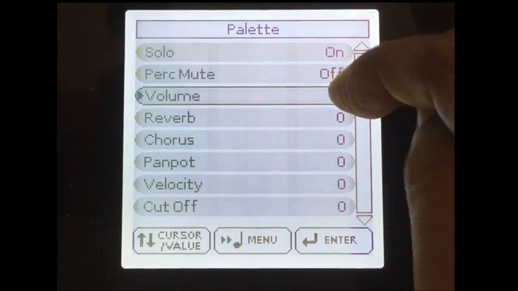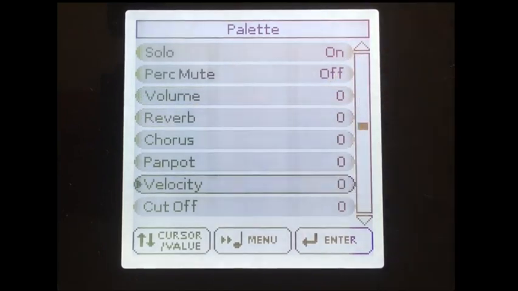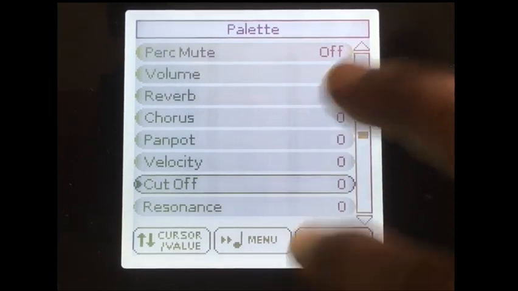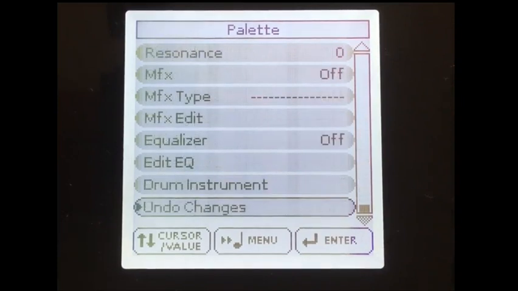We can increase the volume, we can add some reverb, chorus, we can pan, cut off, resonance. These options are all available. Just experiment with it.